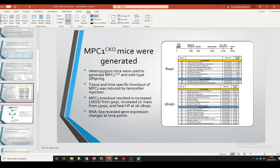If you look at the actual timeline, their use of tamoxifen would be here. I don't know if you can still see my cursor, but you have these 3 injections here, and then the tamoxifen is probably no longer an issue about here, and then all of these events are coming from the loss of the MPC1 gene. Whereas if you were doing something reversible and you were constantly injecting,